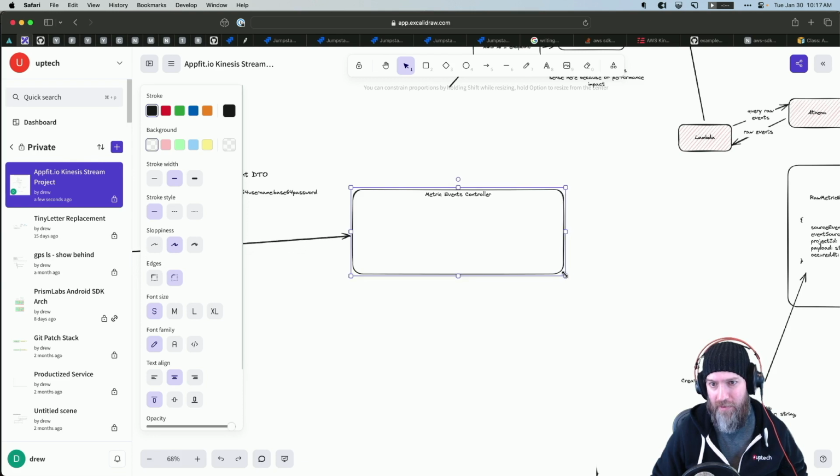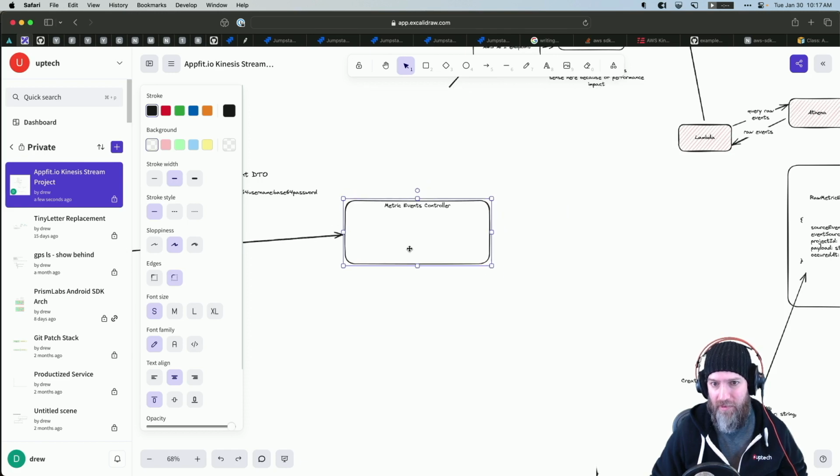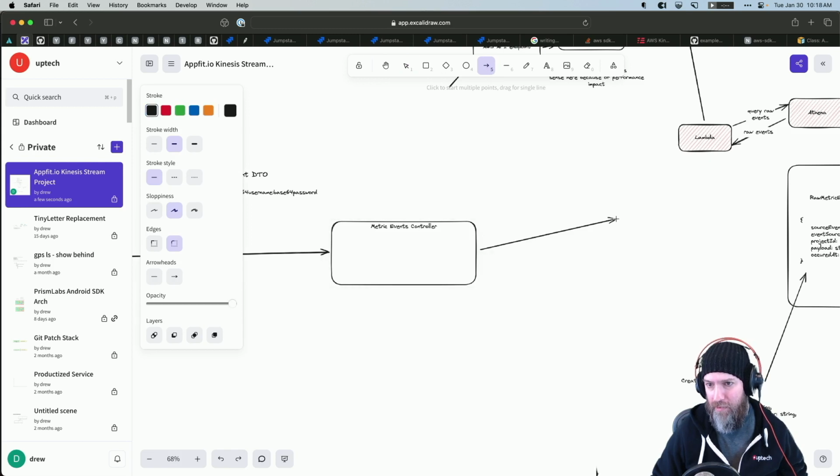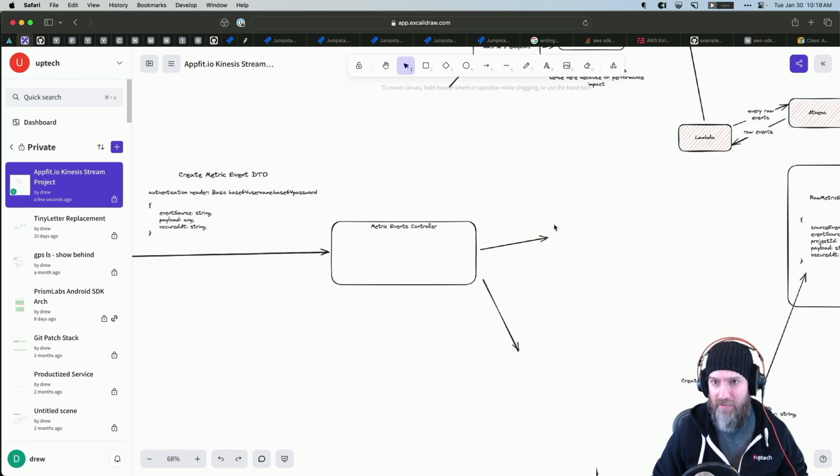Okay. So we got this thing, and then this is going to go one of two different places. Maybe I'll treat this as going off down here. This is going to go to